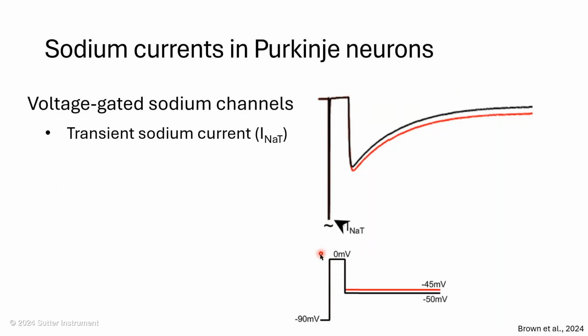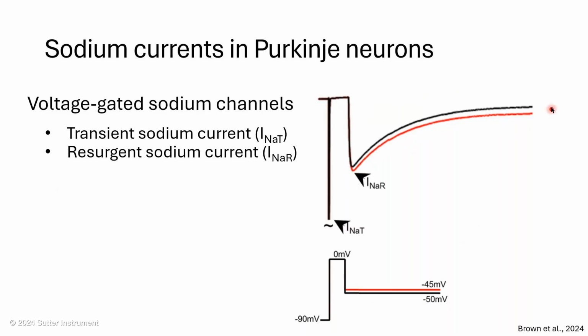If we keep this depolarization for a couple milliseconds, maybe 5 milliseconds in this case, and then we step back down to an intermediate voltage, such as -45 millivolts or -50 millivolts, some proportion of the channels that have undergone fast inactivation recover from fast inactivation and contribute to something called the resurgent sodium current, or INAR. INAR is not as big as the transient current, but somehow these channels are able to recover from fast inactivation and open back up to allow current flow through the membrane. Then this resurgent current, as you can see, decays over time.